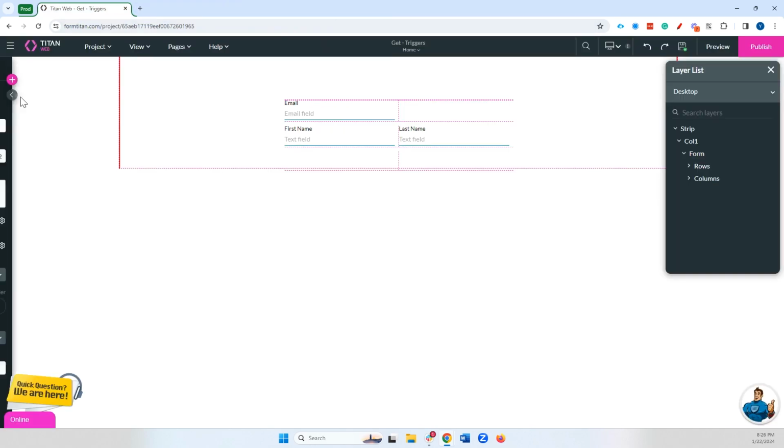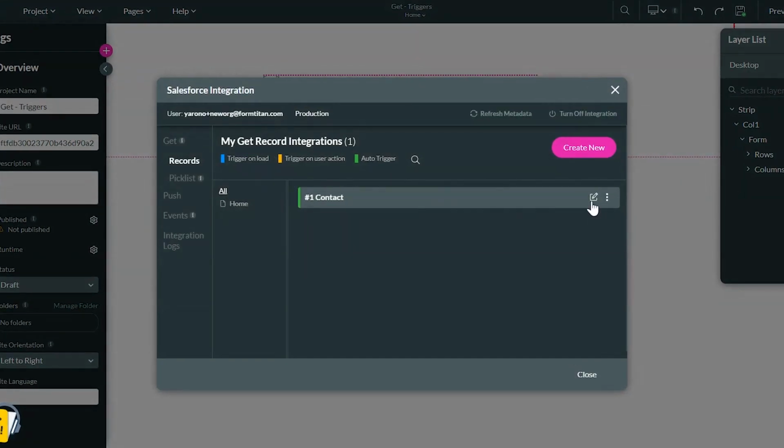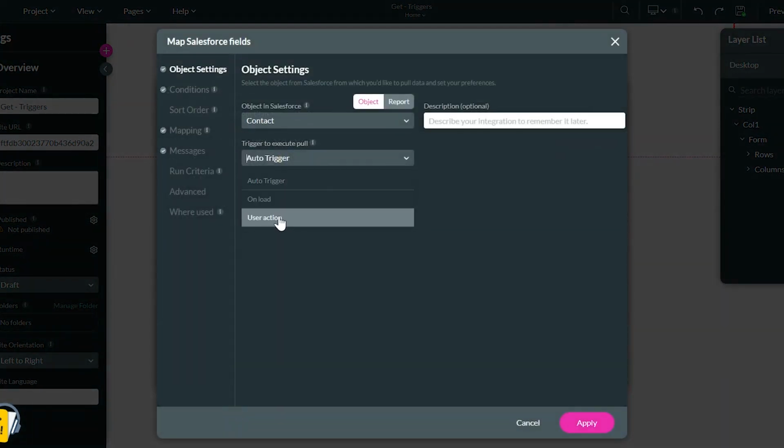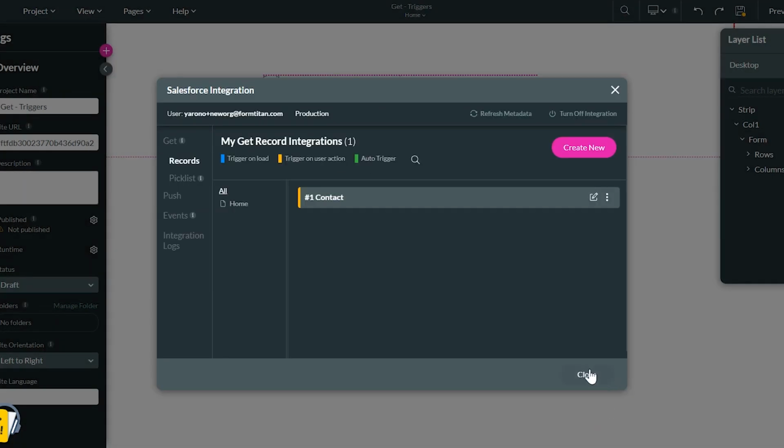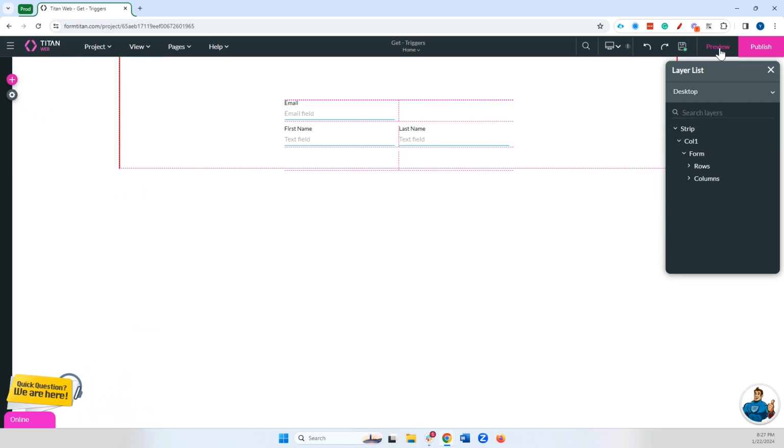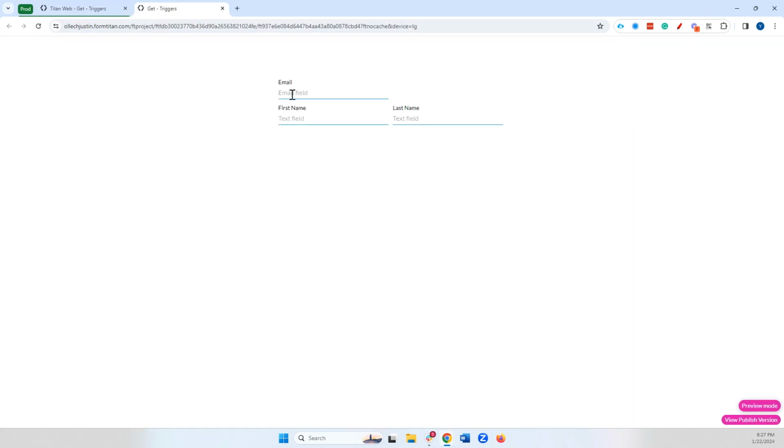Now, 90% of the time, or the overwhelming majority of the time, we're going to want to use something called user action. That is the safest and best way to set up your gets. And in order to do that, we'll of course change here to user action, and we'll keep the condition as it is. And notice what would happen if I tried to now run this get. I'm going to put in my email again. And you'll see that the get will not run, and that's because we have not actually set up an action